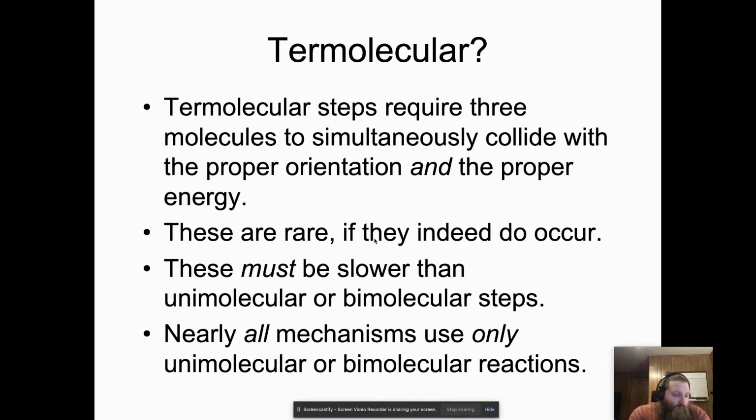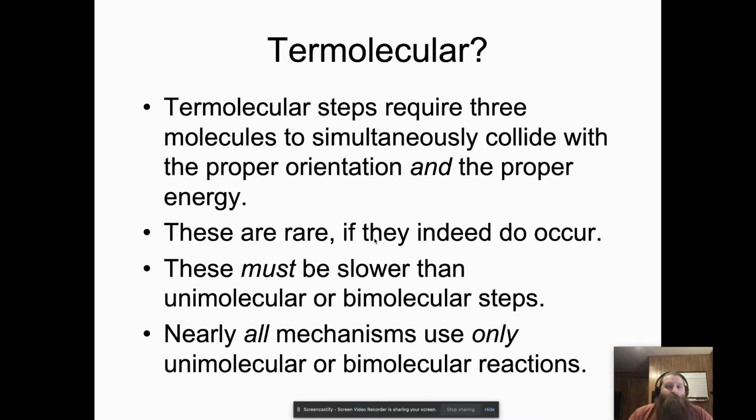I don't know enough about that topic to make an informed decision as of the science today. But from what I remember as a student, there were no examples of termolecular reactions that we looked at that were solidified as really definitely termolecular. There was always some discussion that they may be a bimolecular and a unimolecular step. But the ones that we're going to look at, at least in AP, are all going to be unimolecular or bimolecular